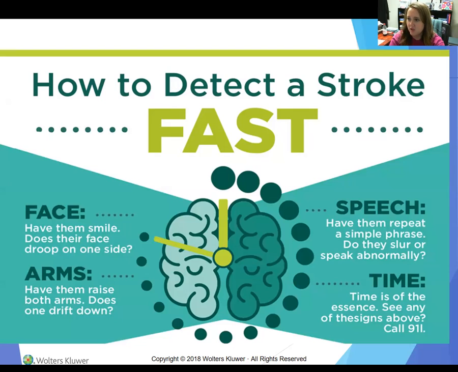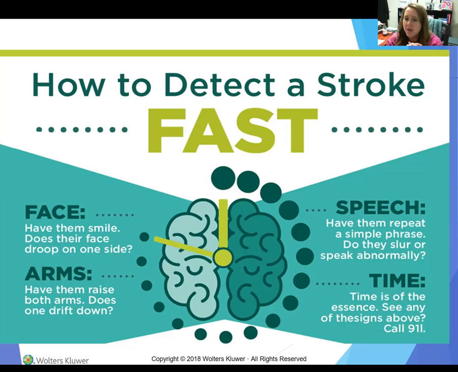So face, if they have facial drooping, so we can have them smile and see if their face droops on one side when they smile. Arms, you want them to hold both of their arms up like this, and if one arm drifts, that'd be their affected side, so that's a sign of a stroke. Speech, ask them to talk, have them repeat a simple phrase. Does it sound slurred, or is their speech not making sense,